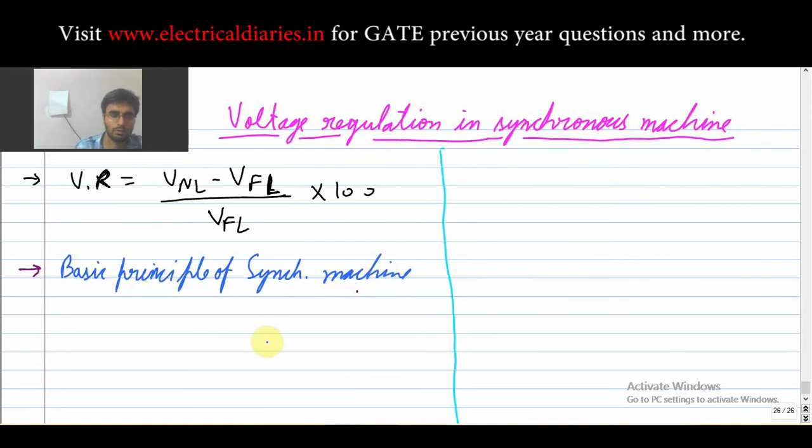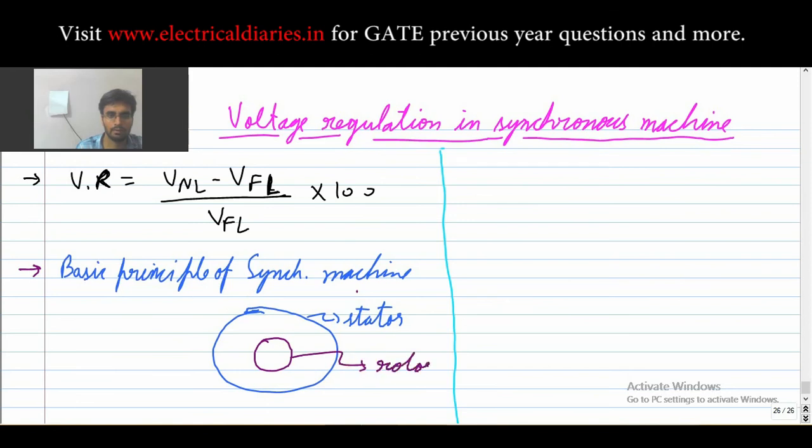So in the synchronous machine, what is happening is that you supply power to the stator also, and you supply power to the rotor also. So that is a feature of a synchronous machine. This is the rotor. Your stator, I hope you know, is a three-phase winding, 120-degree displaced in space. So actually the windings are 120-degree displaced in space.